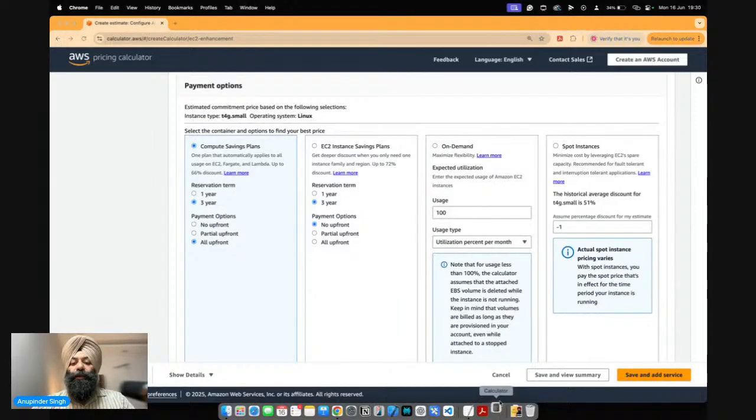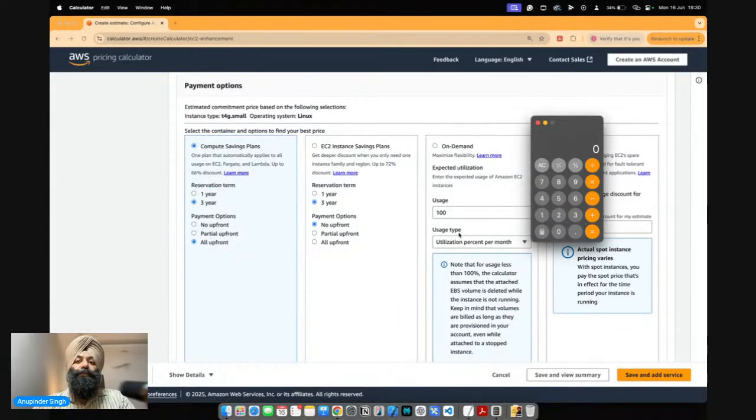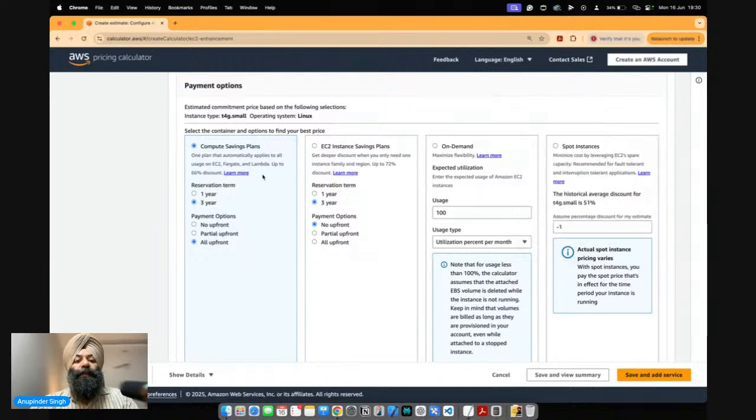सो अगर मैं आपको कैलकुलेट करके दिखाऊं, 3 ईयर्स मतलब 36 मंथ्स, राइट. सो $200 डिवाइडेड बाय 36 मंथ्स is going to be $5.5 per month, right? So that's going to be my total cost, which is going to be levied अगर मैं cost saving के लिए जाता हूँ. Whereas अगर मैं EC2 instance saving plan के लिए जाता हूँ, where we can have more discounts on it, 3 years के लिए all upfront अगर मैं जाऊँगा, then it is going to be 165. और इसमें partial upfront भी कर सकते हैं. So partial upfront में you pay some amount and then after that on monthly basis you pay something, right?